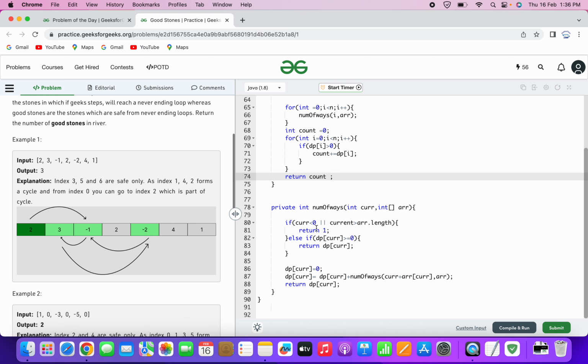The first condition checks if the current stone is out of bound. That means either it is before the first stone or after the last stone. If this is the case, we simply return 1. The second condition checks if the current stone has already been visited and its number of ways has already been calculated, that is, the value is already stored in the dp array. In that case, we simply return whatever value is stored in the dp array. If both these things are not there, then